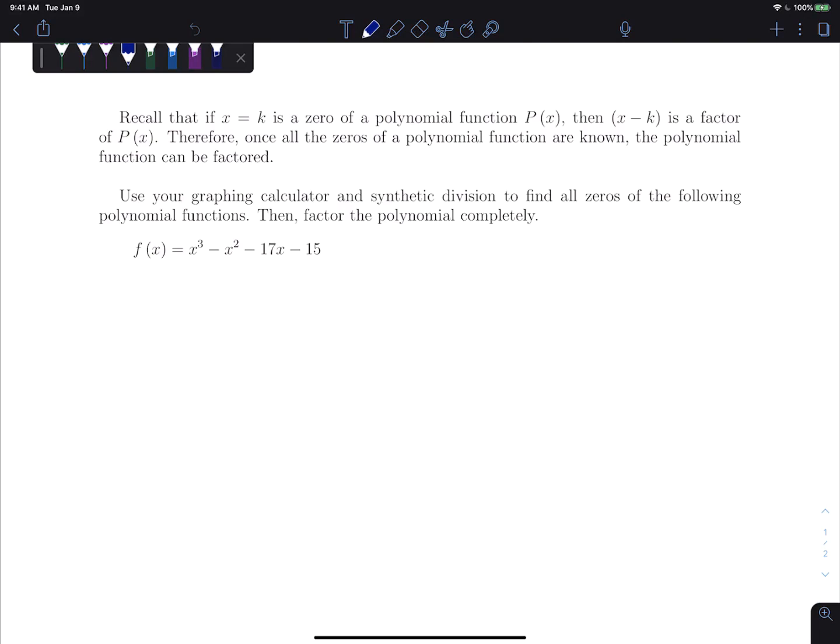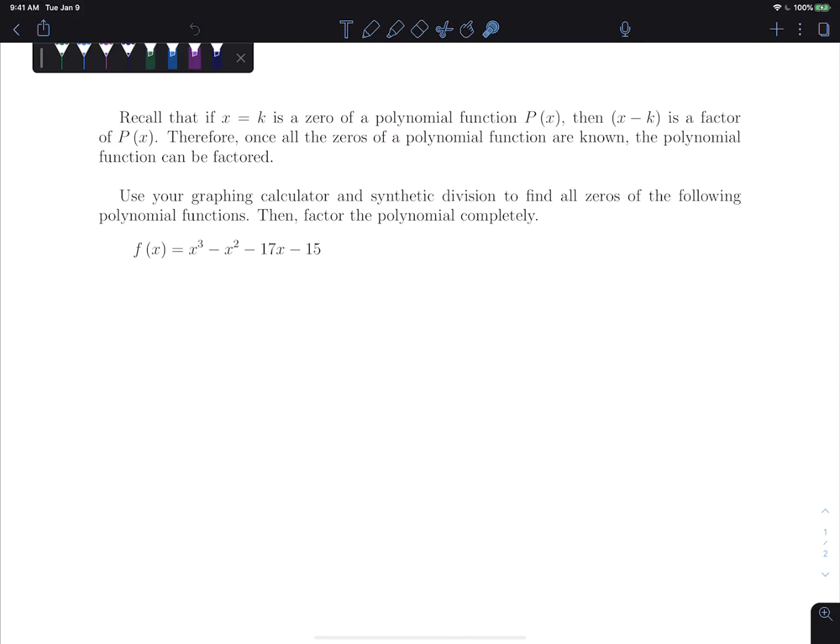Hello. In this video, recall that if x equals k is a zero of a polynomial p of x, then x minus k is a factor of p of x. Therefore, once all the zeros of a polynomial function are known, the polynomial function can be completely factored. So using your graphing calculator and synthetic division to find all zeros of the following polynomial functions,